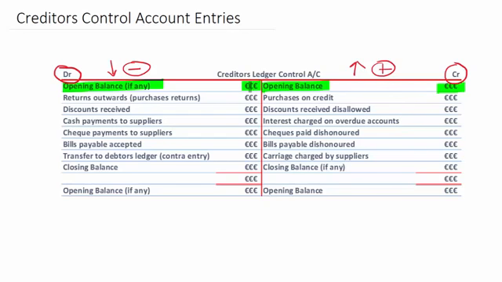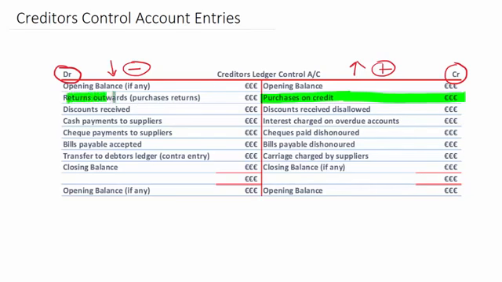So that's how you can end up with a small balance on the debit side of a creditor's control account. When we purchase goods on credit, that'll obviously increase the amount we owe to our creditors, so it'll be on the credit side of the account. If we return some of those goods, returns outwards or purchase returns, that will reduce the amount owed,